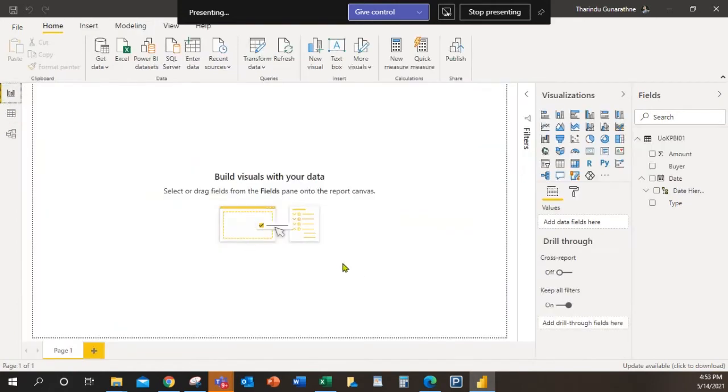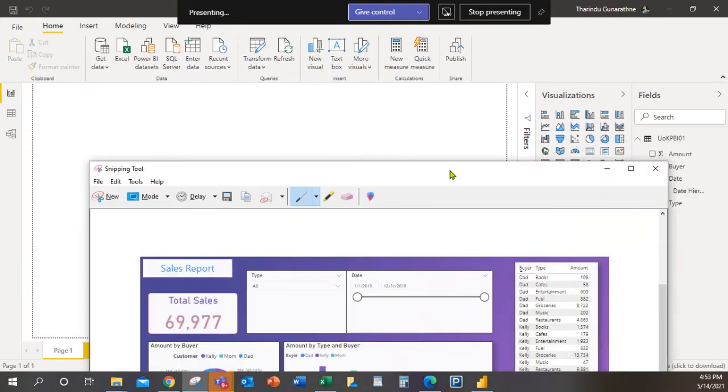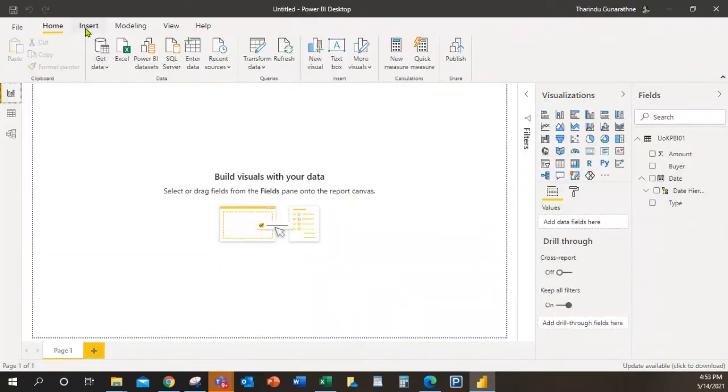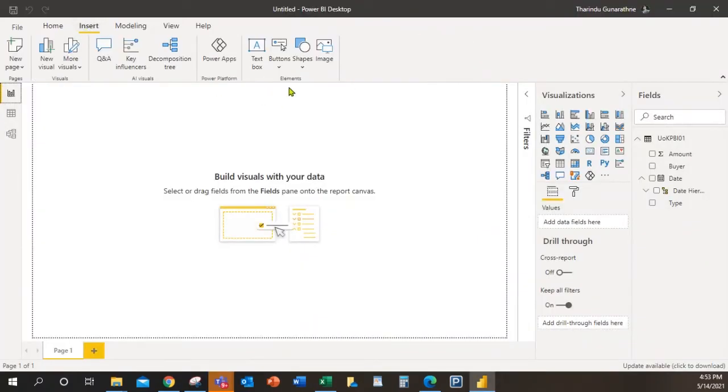Okay. Now we are going to create that dashboard. Now let me show the screenshot. Here we can see a title. Okay, first we'll create this title. Under insert you can see a text box, so it's a text box.